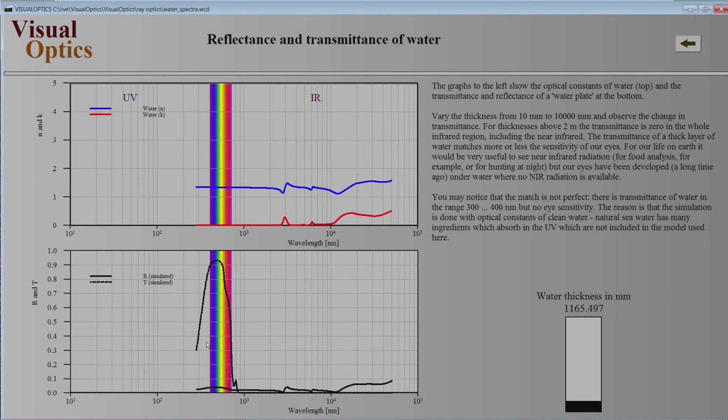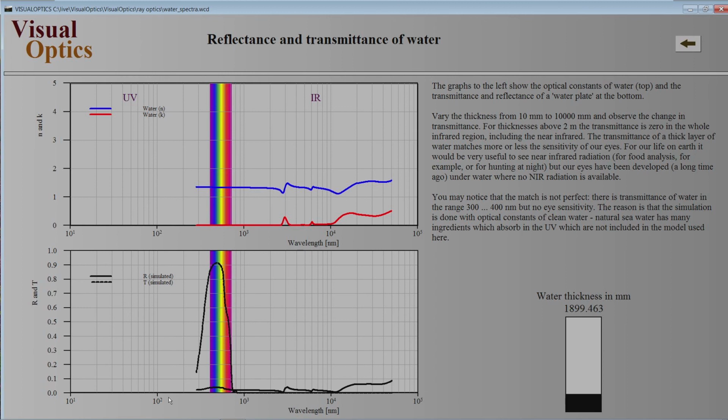Unfortunately, I don't have reliable data for seawater, normal seawater in the ultraviolet, so I have to do this simulation with very clean water. But what you see, actually, if you go to a little bit larger thicknesses, 1.5 meters or 2 meters,